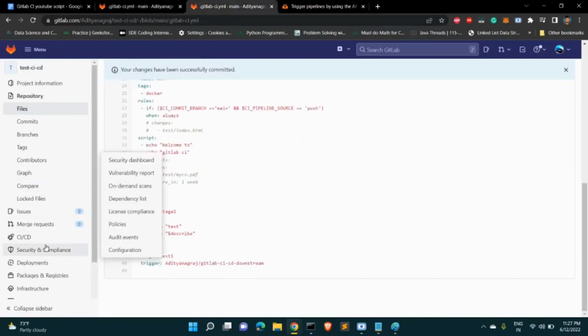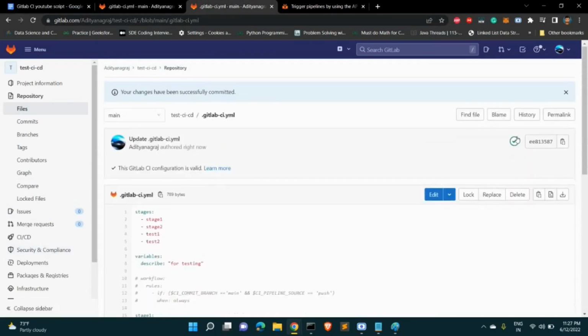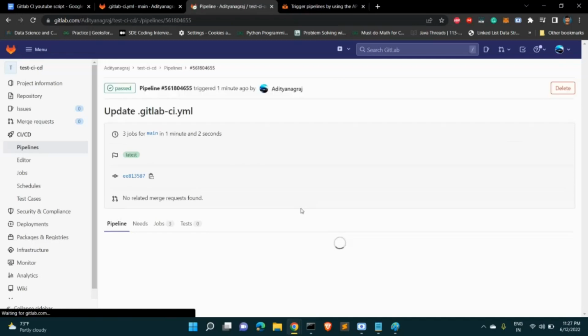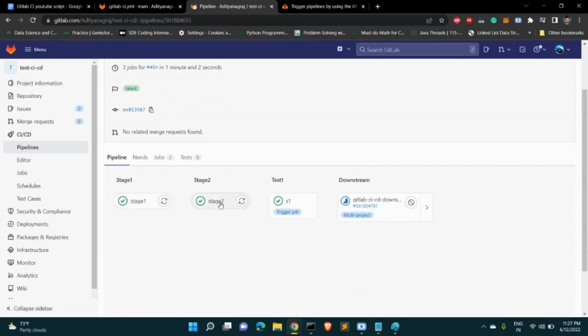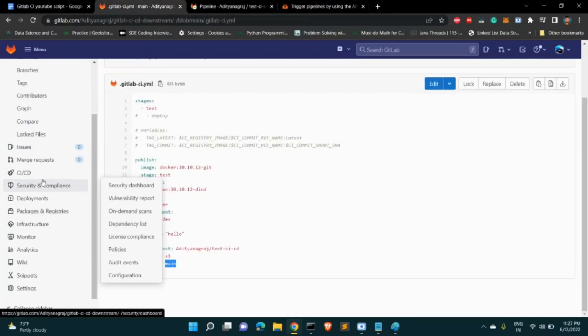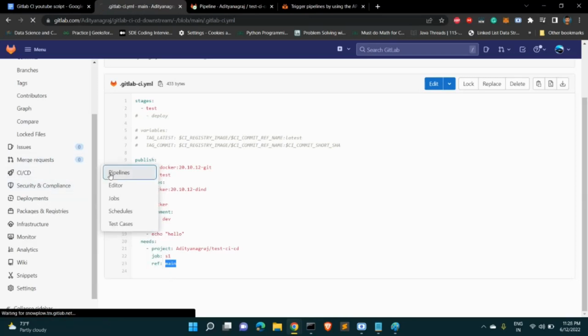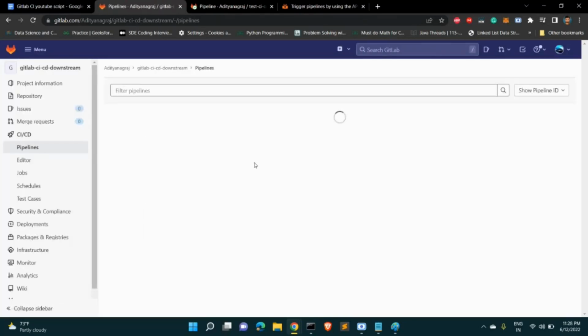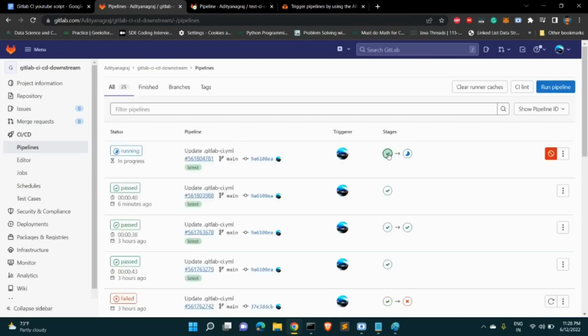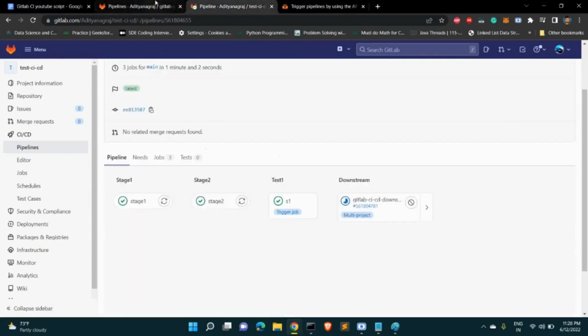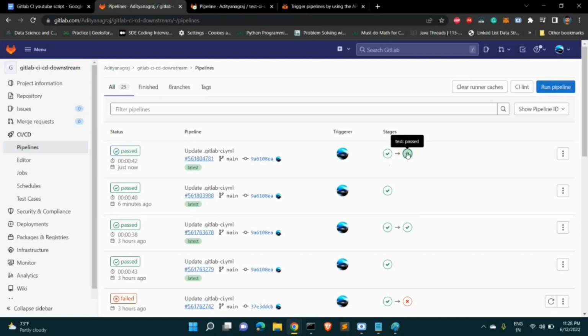If you go over here, as of now it's executed. You can see stage 1 got executed, stage 2 got executed, and S1 triggered the downstream project, and as of now it's in the build phase, in the execution phase. If you go and see in this particular repo, even in this pipeline it will be in the execution phase. You can see it has been test CI/CD. Test CI/CD is this particular repo that it is considering as the first phase, and the second phase is this one. If you click on this,